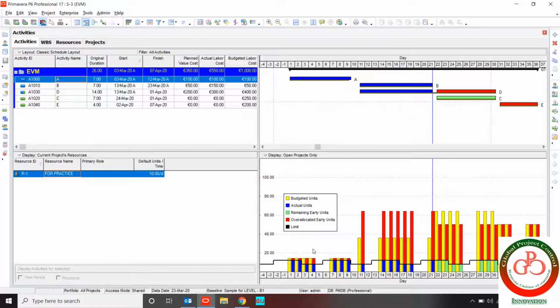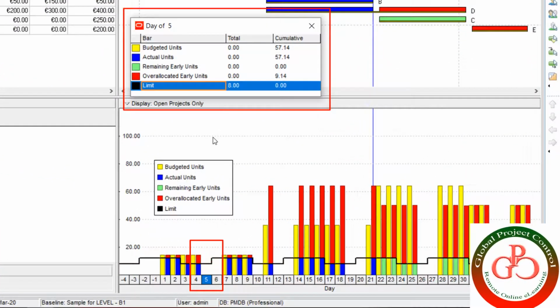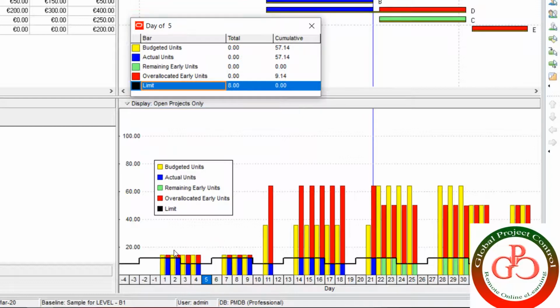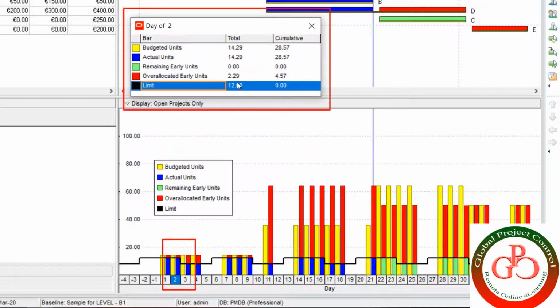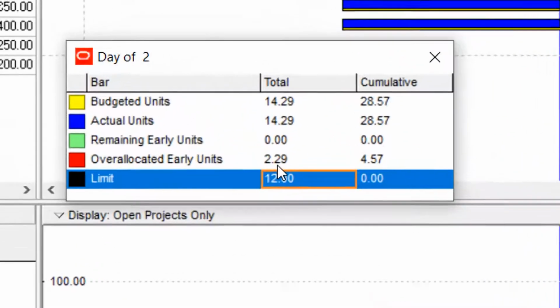In this lesson, I would like to show you how the resource limit can be changed in your project. If I double click on this day, you can find 8 hours for the limit, but this day has 12 hours for the resource limit. This is the second day of the project. It has a 12 hours limit,